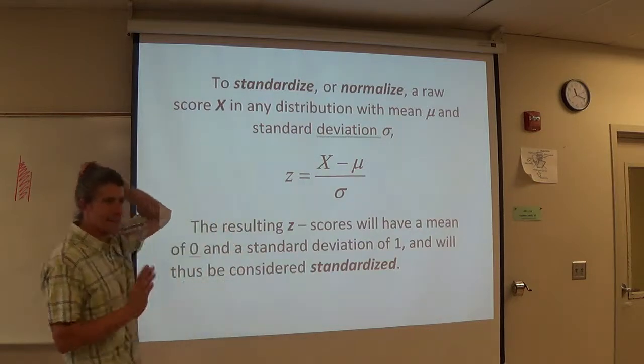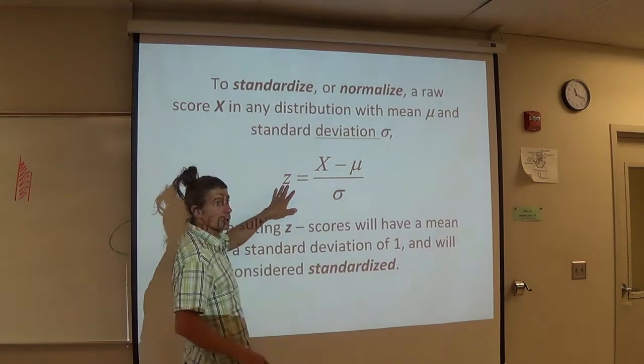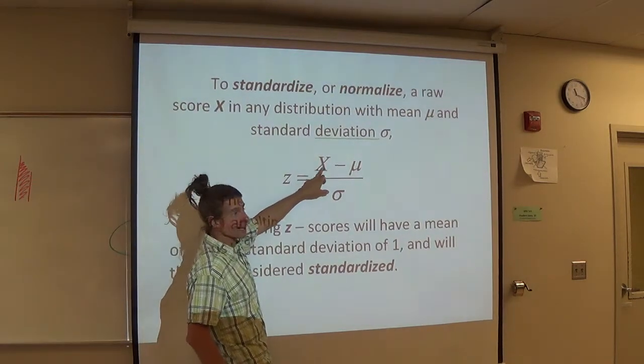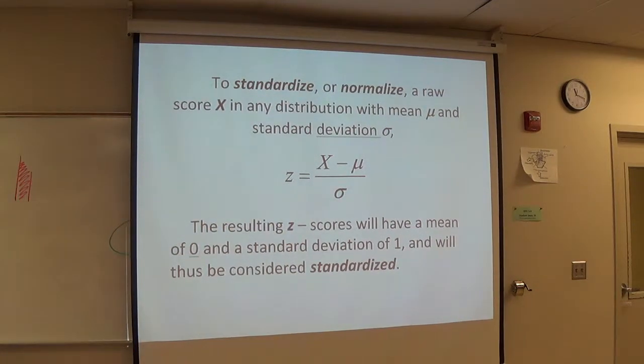I try not to teach this class as memorize a bunch of formulas and regurgitate them back. This one, you gotta know. I mean, especially if you go to 244. This is every day in 244. So, to get a z-score, you simply take the raw score, subtract the average, and divide by the standard deviation. Boom! And you get what's called a z-score, which means you get onto the curve that you can then use